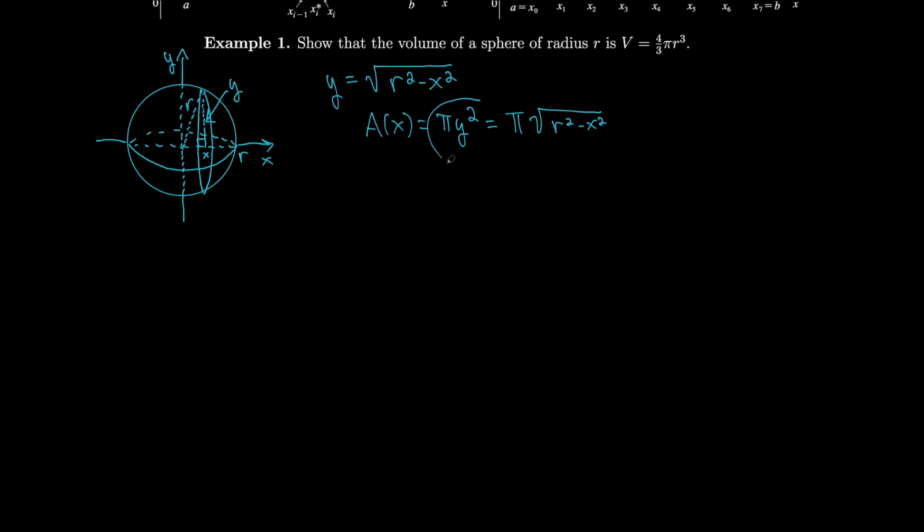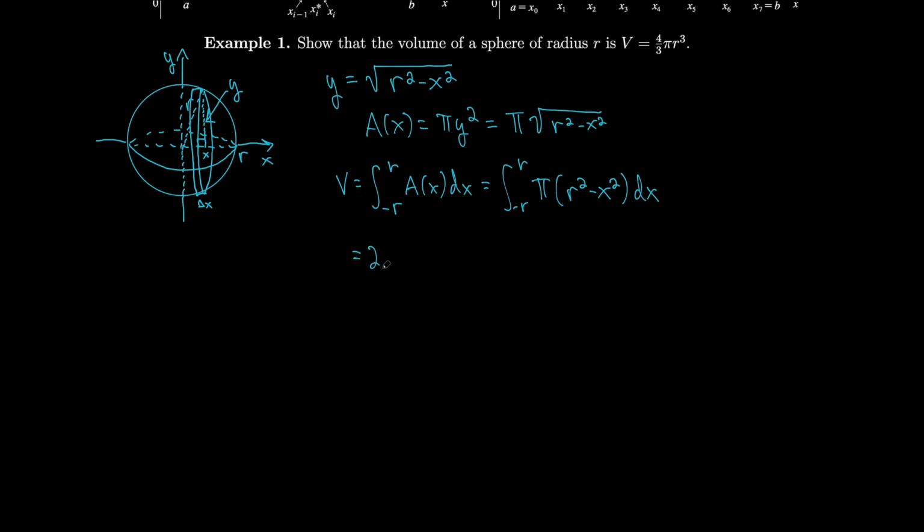Notice we didn't want to leave it as π y squared because we needed a function of x, because we're stacking up all of these arbitrary circles along the x-axis. So each one becomes a disk when we're stacking it up with a tiny little change in x, Δx. So now we can get the volume. Our volume will be the integral from minus r to r of A(x) dx. Well, that's the integral from minus r to r of π times (r squared minus x squared) dx,